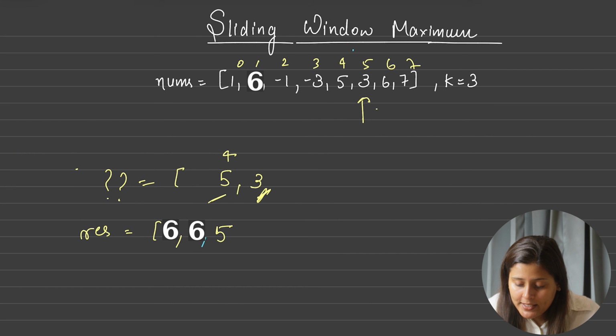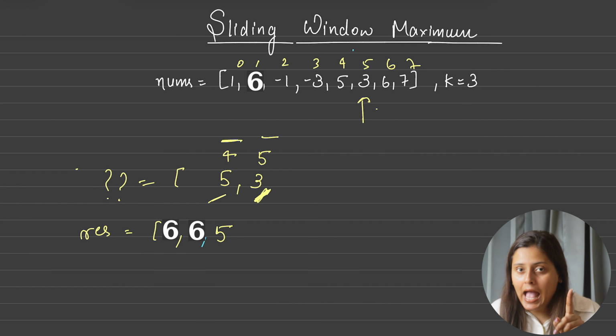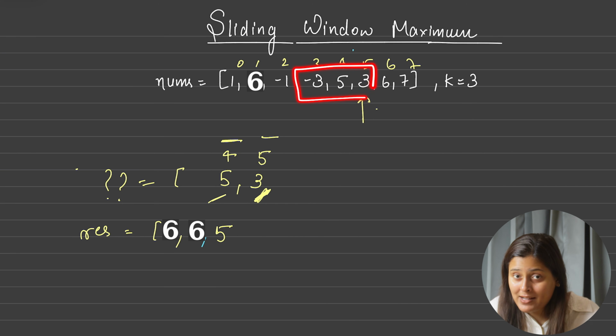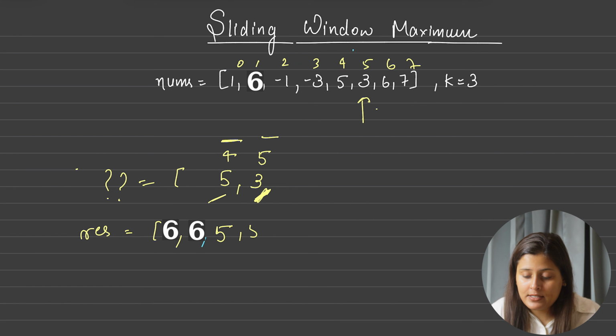So what is the index for it? I am saying we will put 3, but actually we are only inserting the indexes in our data structure. Remember, only the index. For comparison we can simply use these indexes to read the value from the nums array. So I will put 3 also. Again we have to put the maximum answer, so we will read from the starting point and put 5 in our resultant answer.